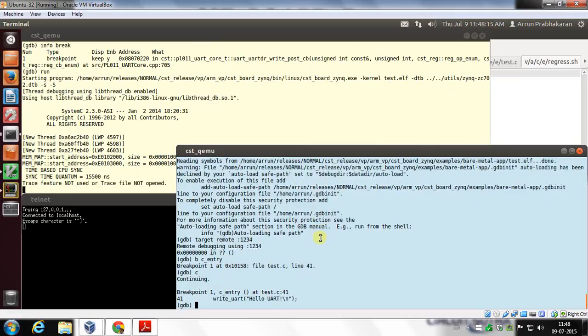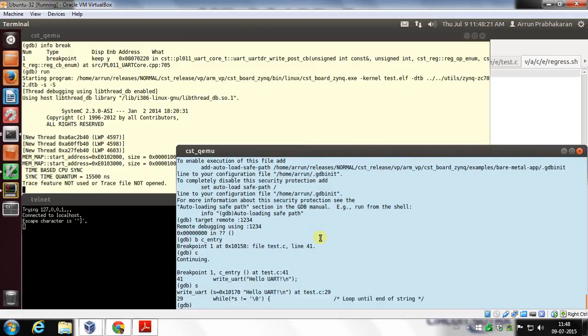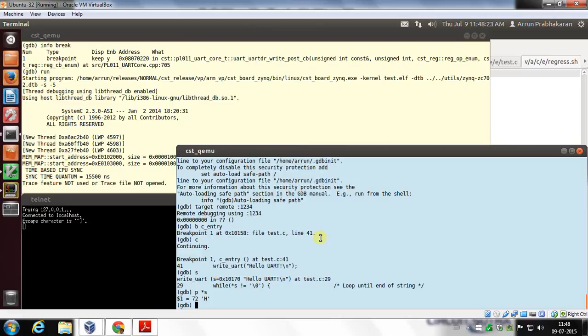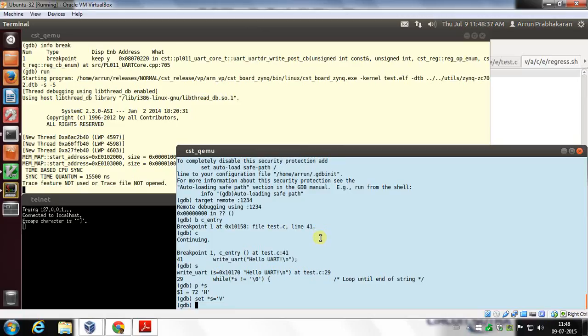Okay, this is the function where we are pushing some characters into the UART data register. If you see, the first letter H is assigned to the pointer value. I can change this to any other character in the embedded software